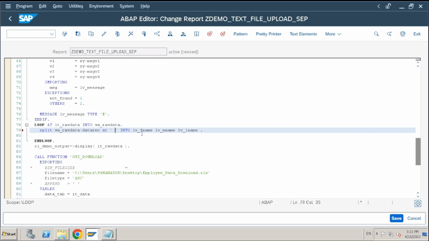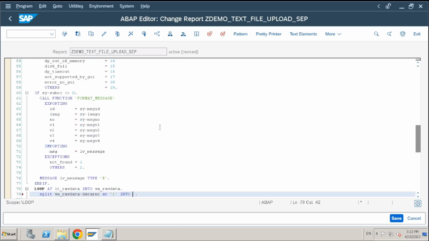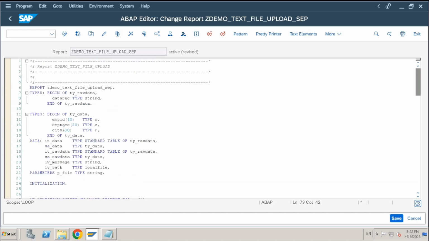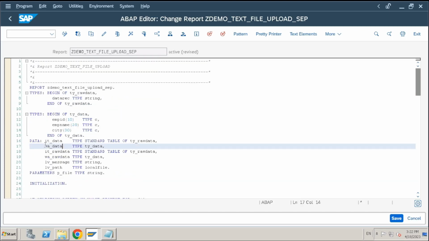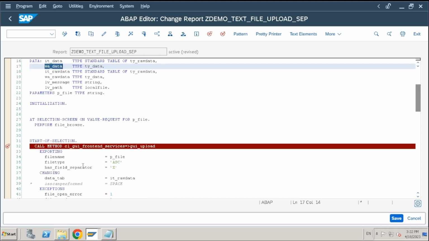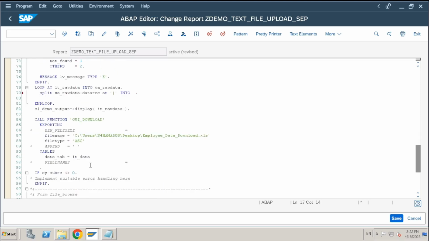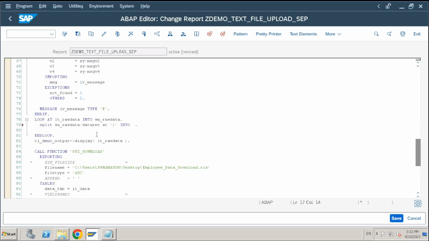So here, since we are splitting the record with the pipe separator, pass the pipe separator. Into which fields do we need to split? We are already having a work area for these fields. That is this one, WA data. WA data hyphen EMP ID, EMP name, and city. Split that record into EMP ID, comma